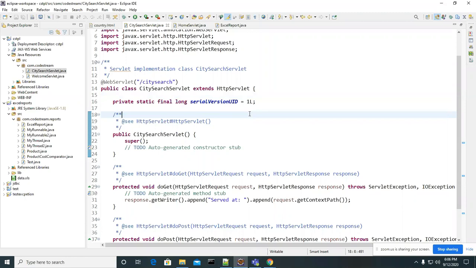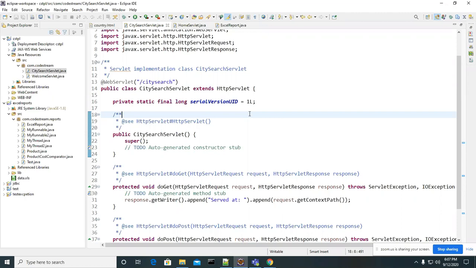Can we call this a servlet program or not? Yes, sir. On what basis are you saying this is a servlet program? Extend HttpServlet, sir.